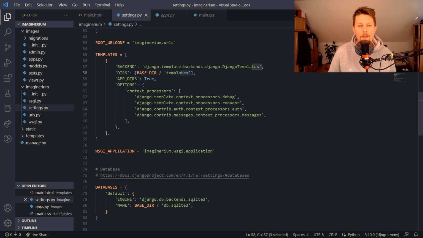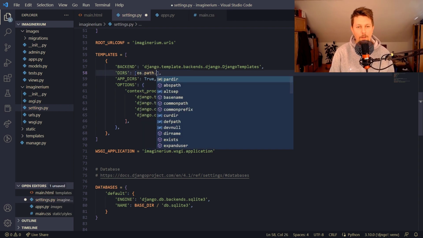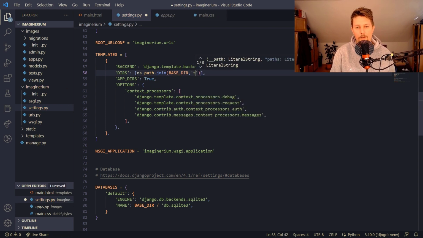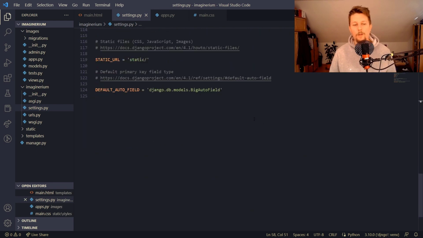In the older way you would use os.path.join, base dir and templates. Anyway, both should work, and at the bottom of our application we should create a media